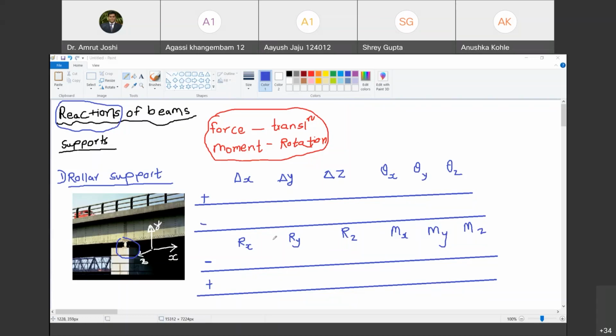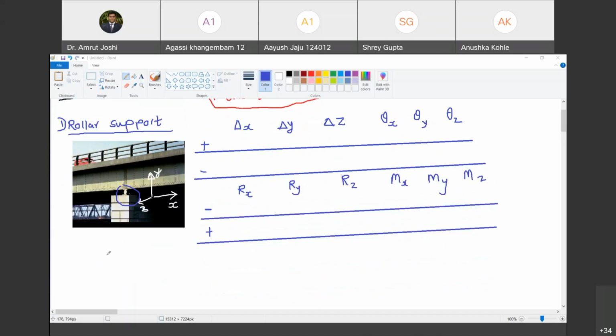Now we are going to talk about this type of support. A very simple example is, imagine that you have a notebook. So I am drawing a notebook. You have placed a pen on the tabletop, and on the pen you have placed a notebook. This is a perfect example of a roller support. And we idealize that the friction between the surfaces of contact is negligible, so we do not take into account any friction.